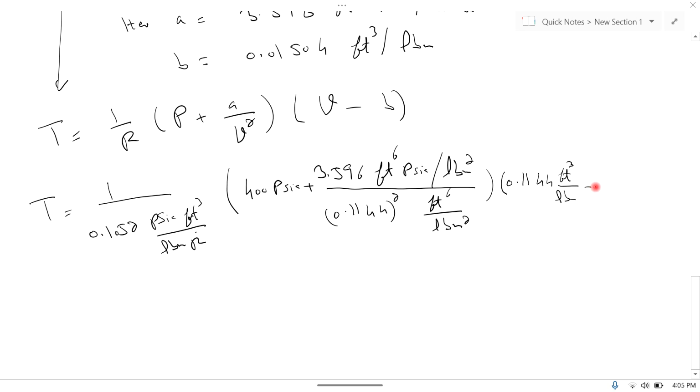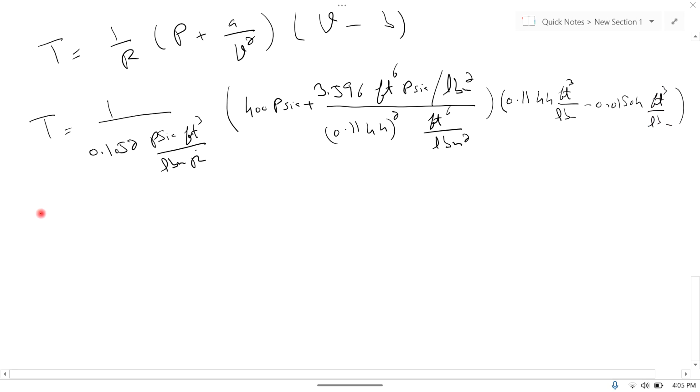The value of B is 0.01504 cubic feet per pound mass. Now further simplify this. So T is equal to 1 over 0.1052, which is equal to 9.5057, and this is in double division. So the unit will be pound mass degree R divided by psia into cubic feet, and 400